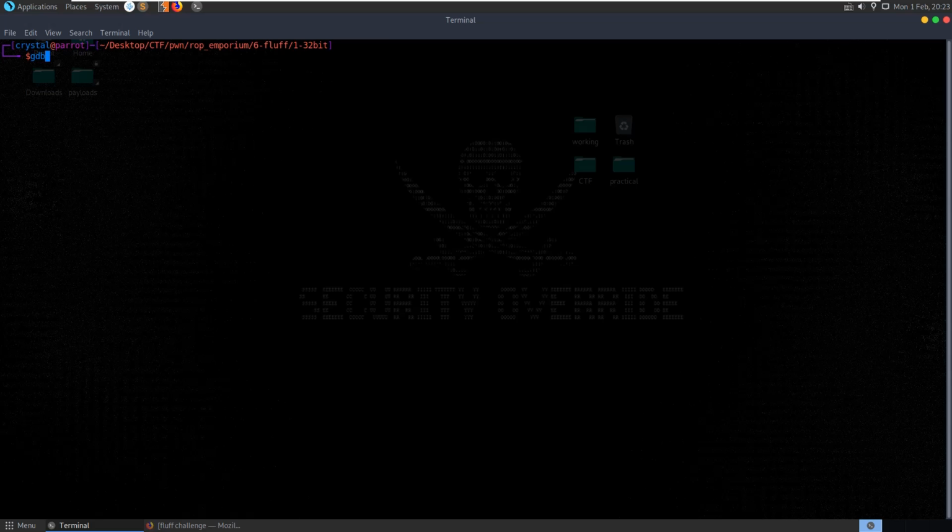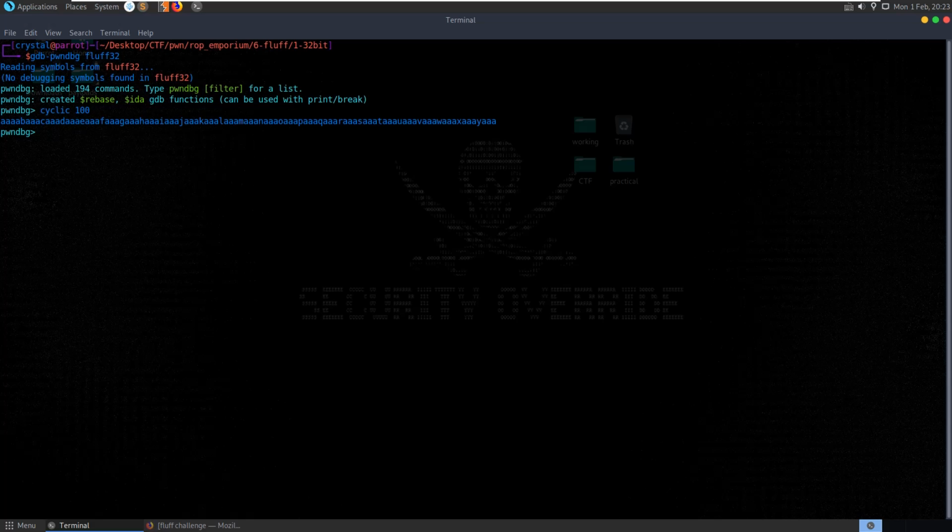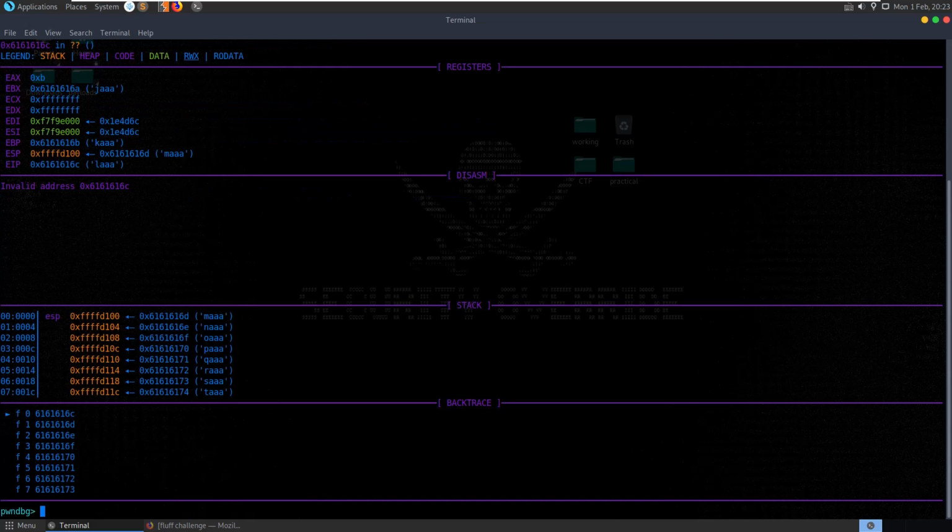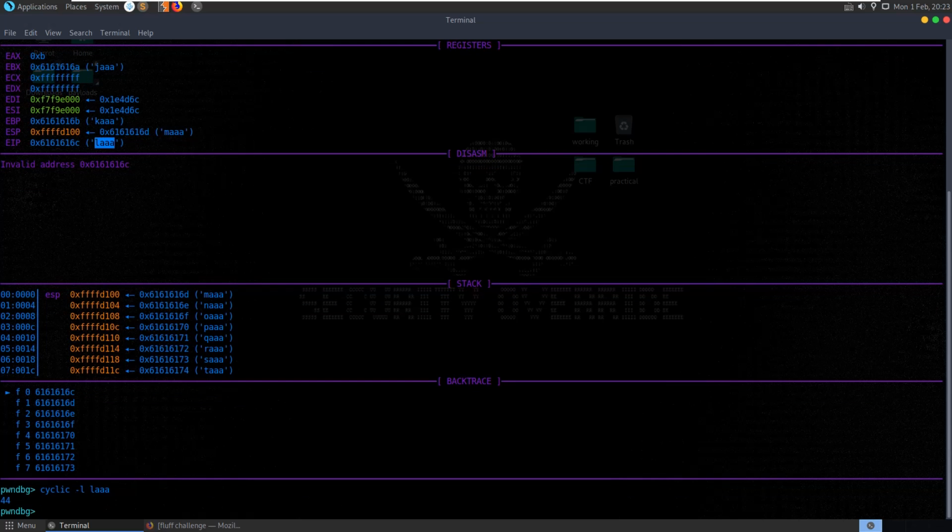So we'll open this straight up in pwntools and start off by finding the offset to the instruction pointer. We'll generate a cyclic pattern of 100 and copy that, run the application, paste it in. We've crashed it, we've got a stack and we've got our registers here, so we'll search using cyclic -l to find the offset of the EIP, which was 44 as usual. And now that we have that out of the way,